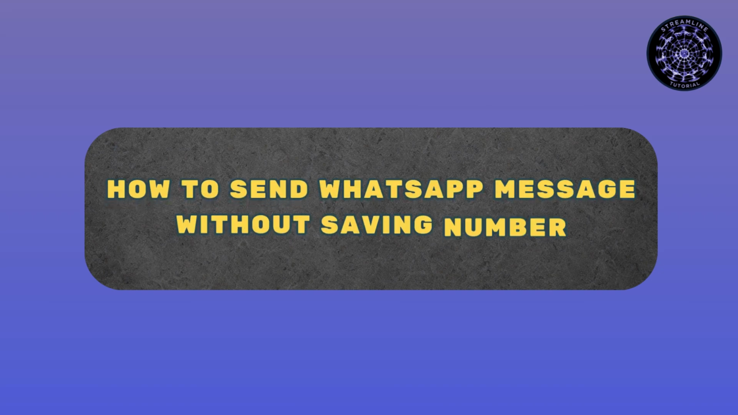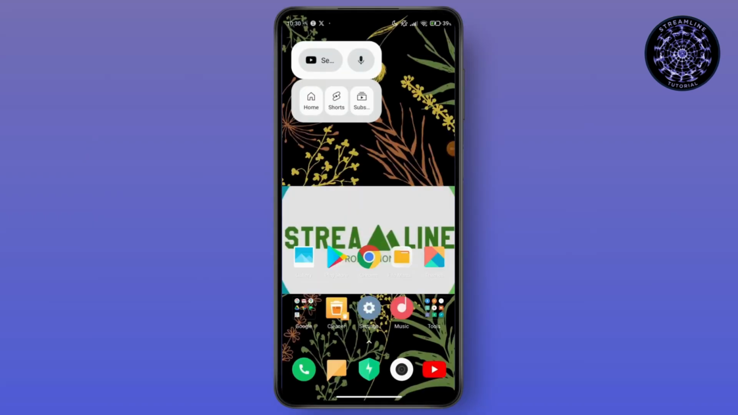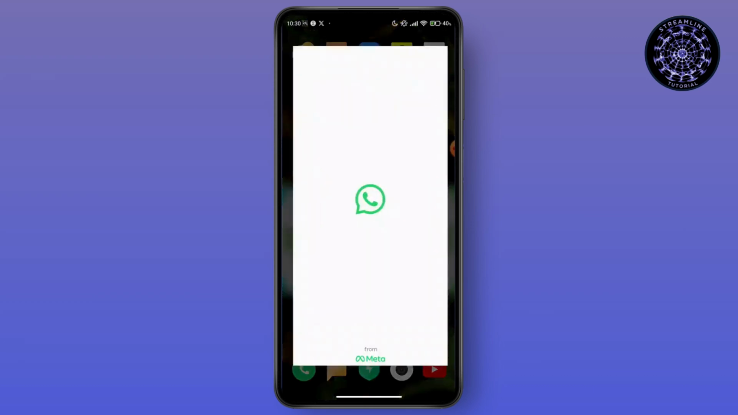How to send WhatsApp message without saving number. If you want to send a WhatsApp message to someone without saving their number in your contact, you can do it using several methods. So if you are using your Android device, you have to just go and open up your